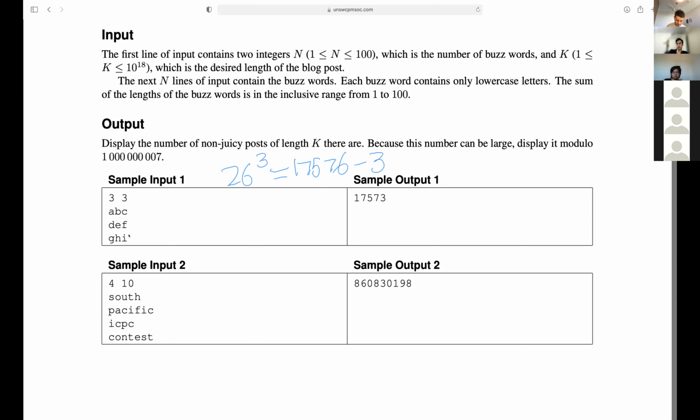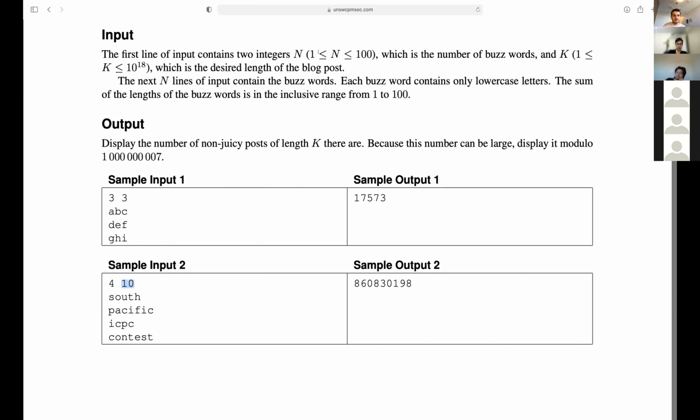This second example, I'm not going to go over by hand because there are so many possible answers. And so we'll definitely need an efficient solution to compute them. Even in this example, the length of the post is 10. 26 to the power of 10 is already about 1.4 times 10 to the power of 14. So even at this point, you've reached way too many. You can't go over them all by hand. There's way too many of them. So we need some sort of efficient way to do it.